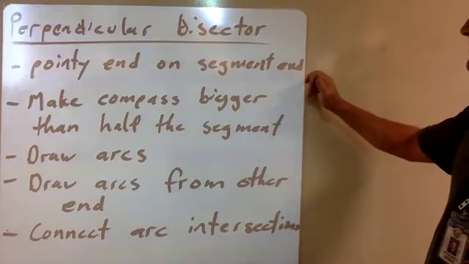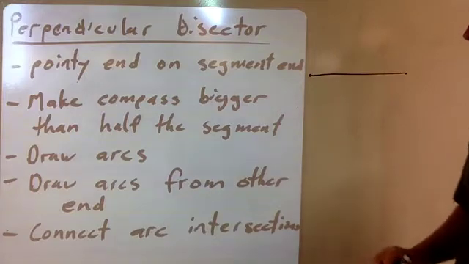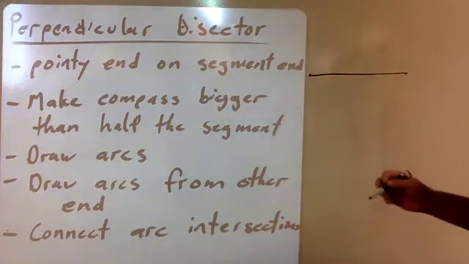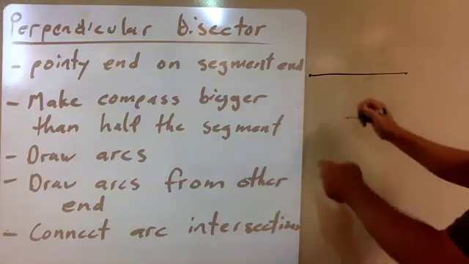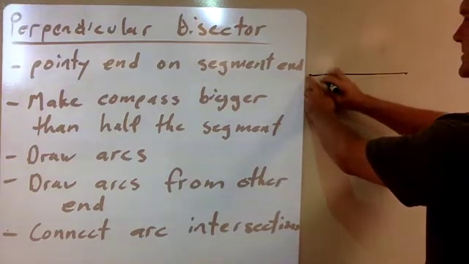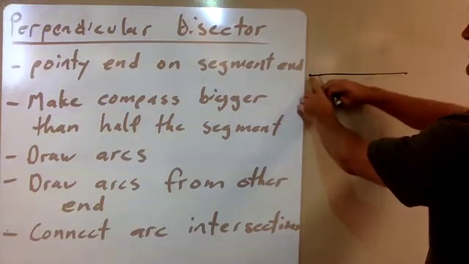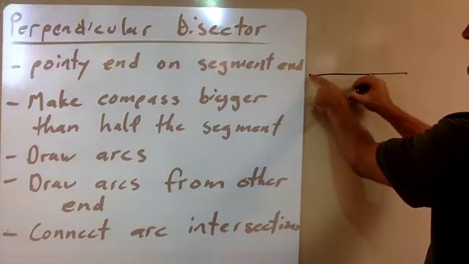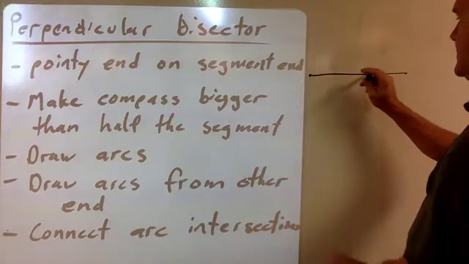So to do that, you follow these 5 steps. The first thing you do is you put the pointy end of your compass, that's not the pencil end, it's the pointy end, on one end of your original line segment. And the second thing is you open up that compass so that the pencil is more than halfway down the line. So this is the pointy end, this is the pencil. You open it up so it's at least more than halfway. And then you draw arcs. You basically draw a circle